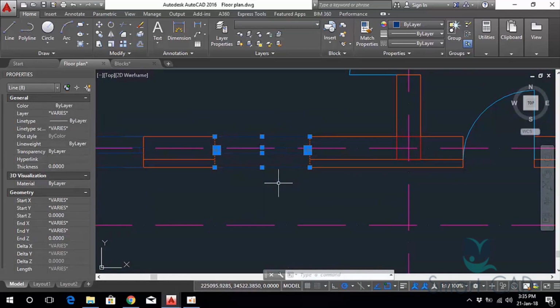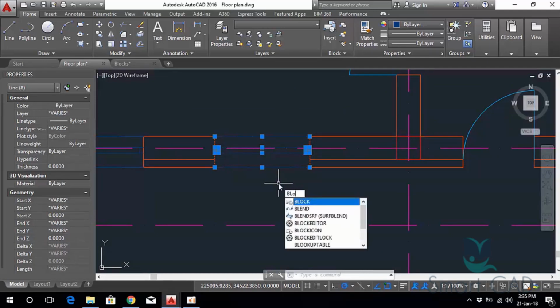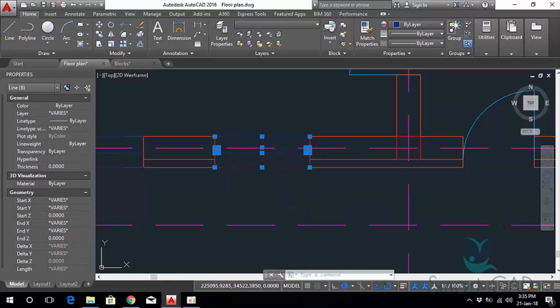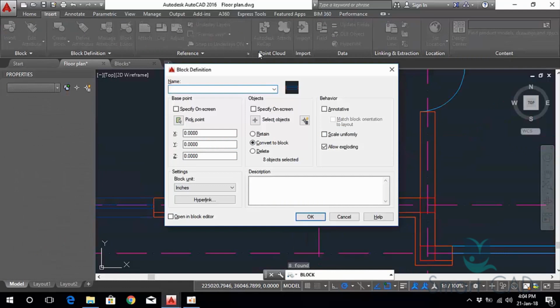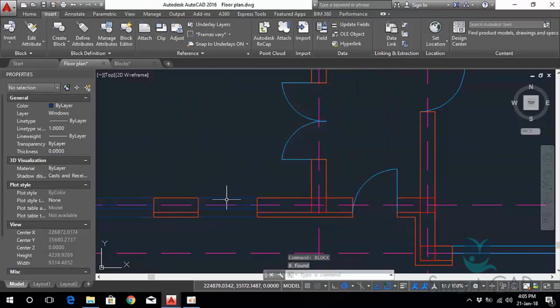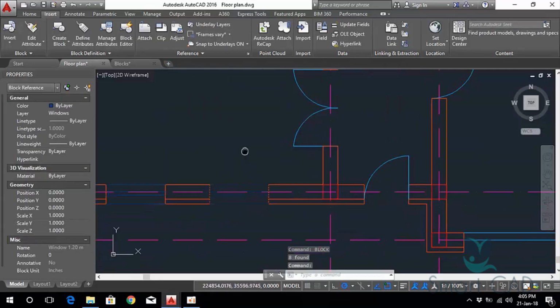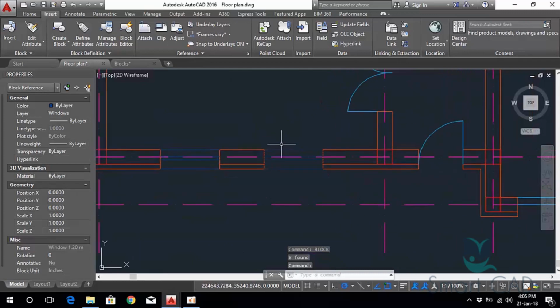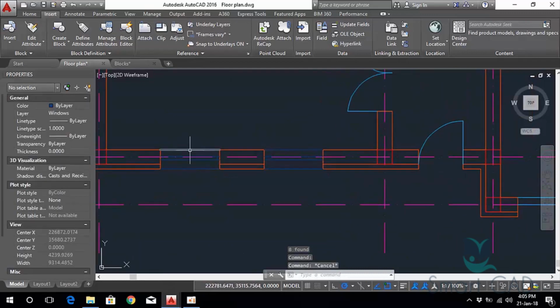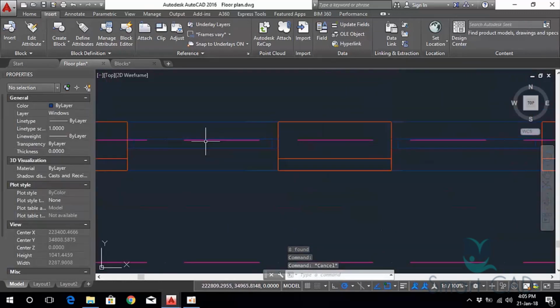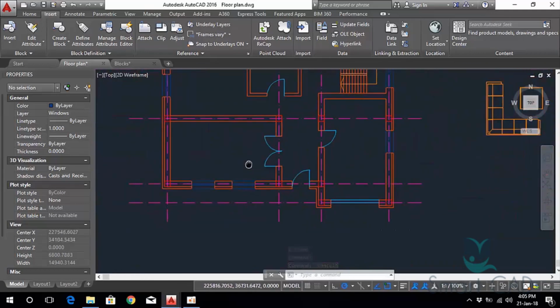I just select them and just type block. That's it. Okay, let's just type a name. For example, window 1.20 meters, and press OK, and that's it. Now we have a block. It's much easier to copy, to move, than this one, where all the lines are separate. Okay,